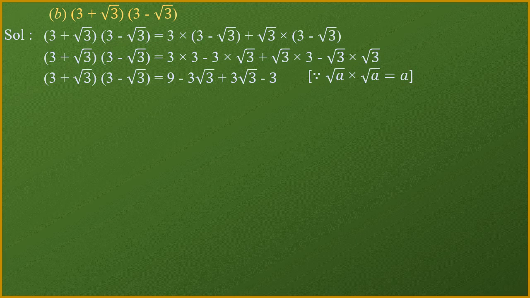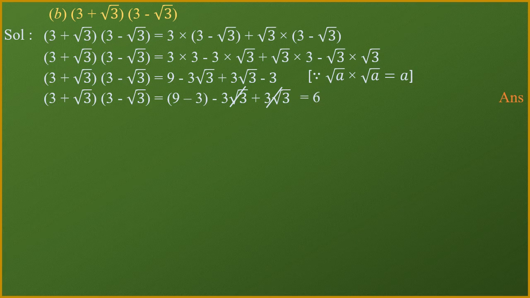only. Okay, so for example, if I ask you next time what is the value of root of 5 into root of 5, that will be 5. Root of 7 into root of 7, again it will be 7. Now from 9 and 3 I can subtract, I wrote in the subtraction, and minus of 3 root 3 and plus 3 root 3 I wrote together, because both are same, so they both will be cancelled, and from 9 if I subtract 3 I get here 6 as an answer.